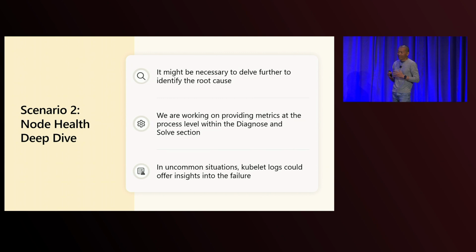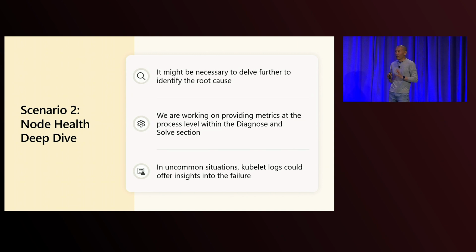Sometimes the debug steps that I mentioned are usually able to get you pretty close to the root cause of what's causing your application issues, but not always. In some cases, you might have to dig deeper to figure out the root cause. Sometimes you might have to look into pod metrics, pod logs, kubelet or container runtime logs. Sometimes there's some critical piece of information that you'll be able to find there to root cause the issue.